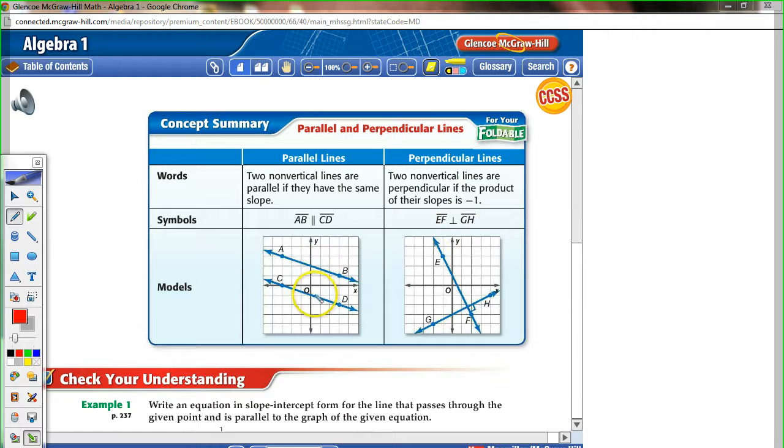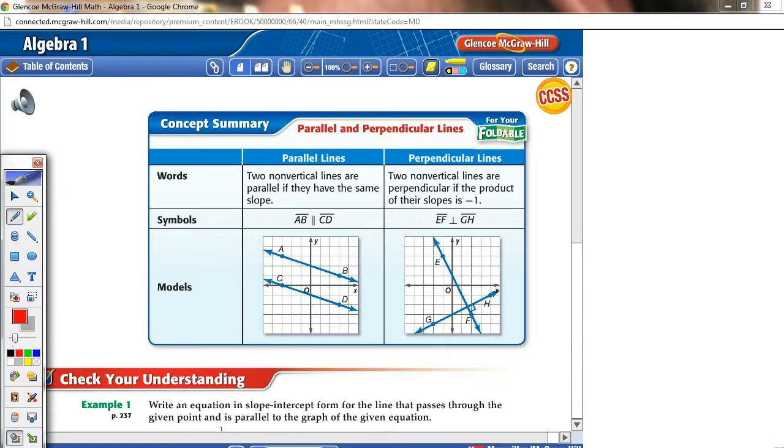Okay, and here are some examples of what looks parallel. And here's an example of what it looks like when it's perpendicular. Okay. Alright, next we'll do some examples together. So this is the end of part 1 of